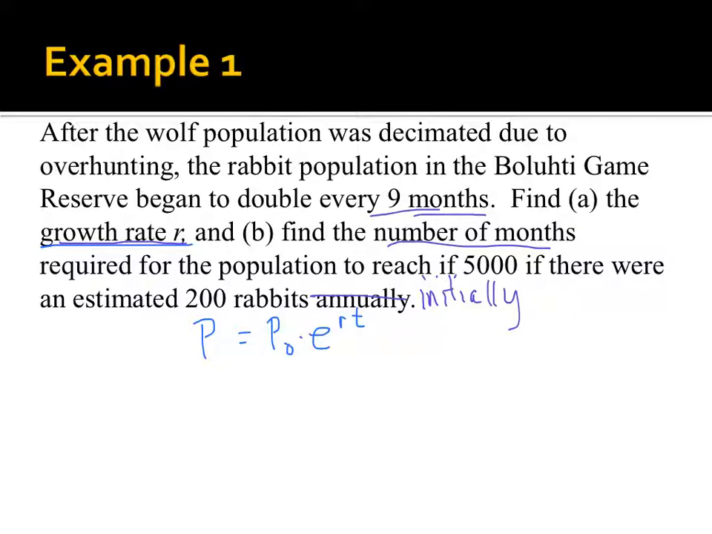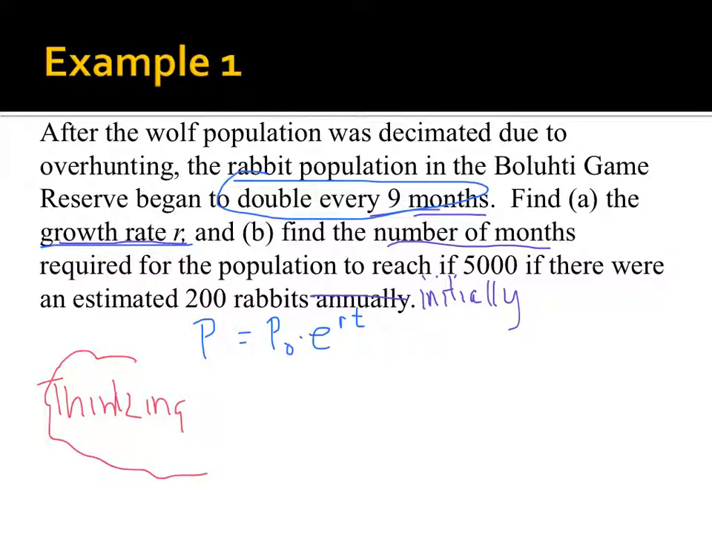The idea here is that when we say that the population doubles every 9 months, that should be enough. Here's what we mean by this. We don't know the population, but we know that in 9 months... So here's what I would think. This is my thinking cap. So think. If I start with P naught, that's how you say that, by the way, P naught,